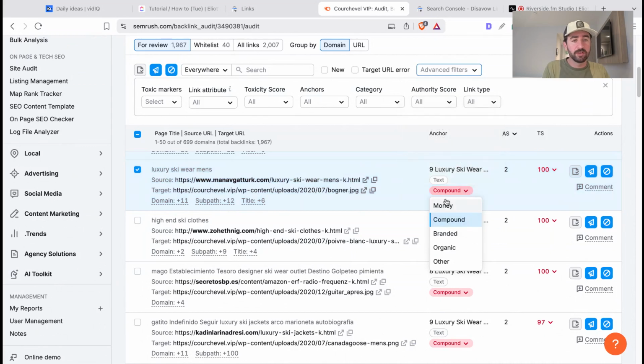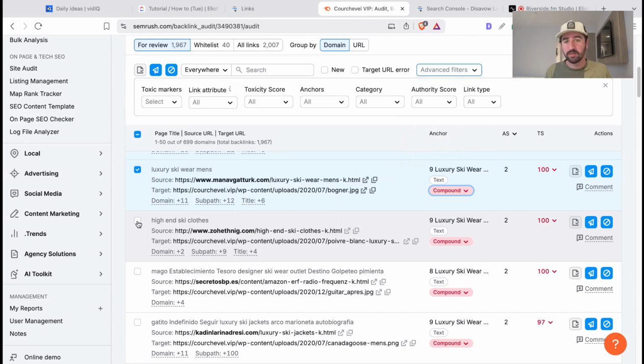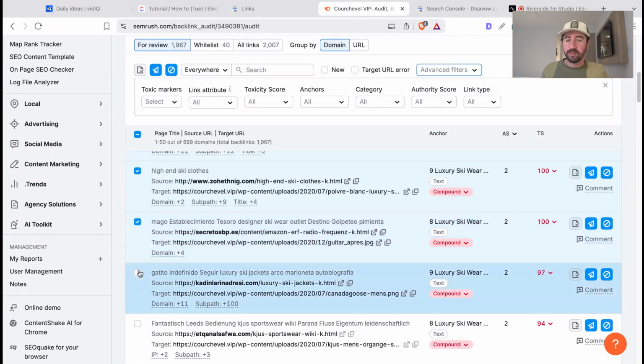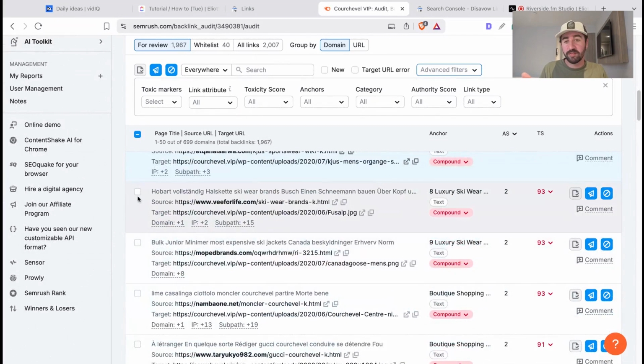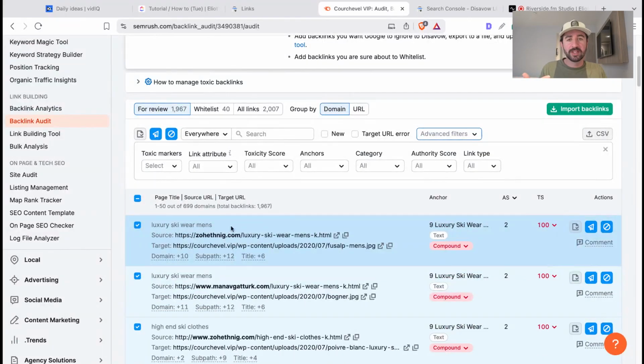And it's also got different filters that it's put it under and explained why it's put it there, and you can see all the different information there, which you're free to go through and understand yourself. But basically, going through all of these, everything for review, and building your list of potentially toxic domains or definitely toxic domains that are never going to be of any use to your site, and selecting them